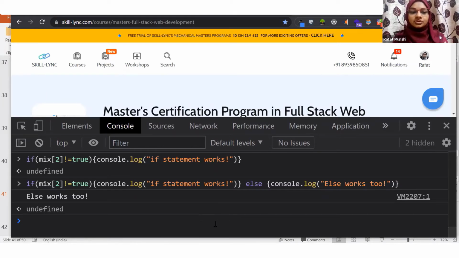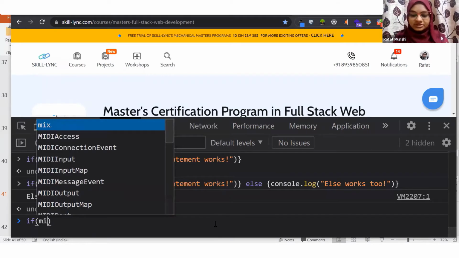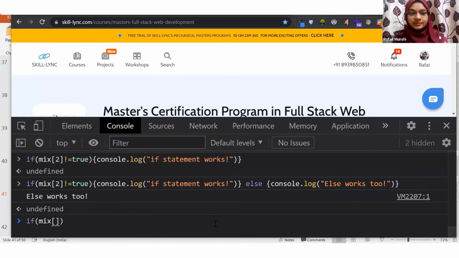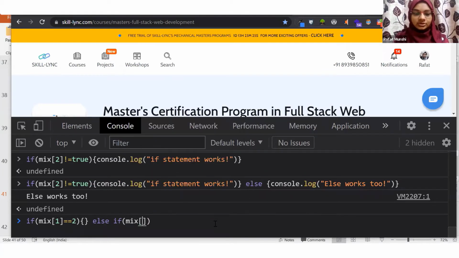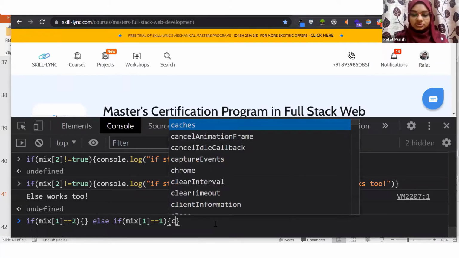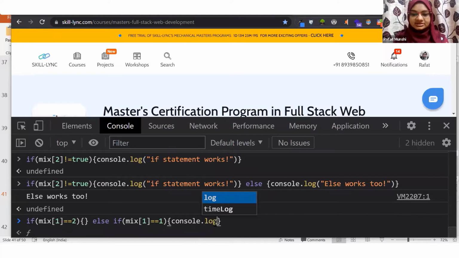And you have also seen else. Or if I want to put different conditions, so what was mix1? It was the number 1, right? If mix1 equal to 2, then do something. Else if mix1 equal to 1, then do something else. So console.log, and I would write, let's say, in else if block.